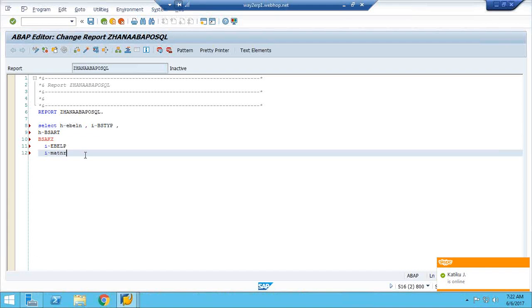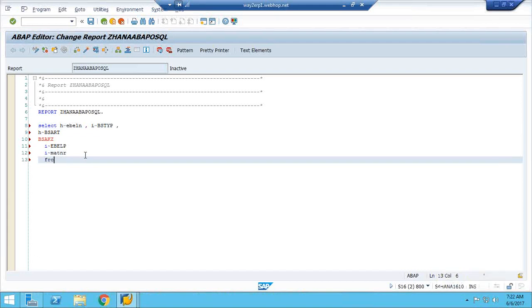Okay, so this is enough. Here, EKKO I am taking as H, and EKPO I am taking as item.